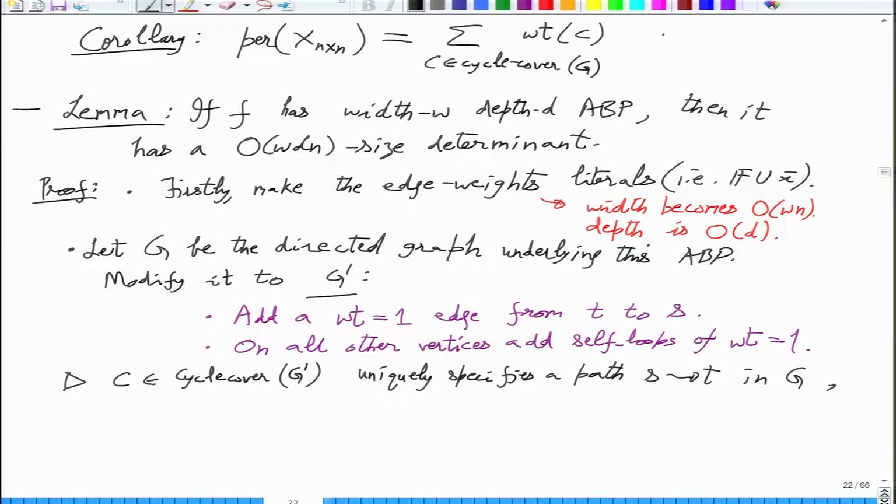So all the cycle covers have the same sign. That is it. So the signs are the same. You can assume it to be +1 because, as Abhibhav is saying, you can just choose the appropriate thing for the reverse edge, +1 or -1. So you can assume that it is 1 without loss of generality.